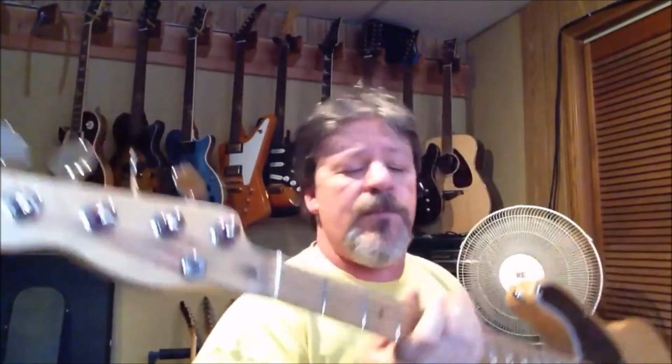So I cut a nice bone one from some bone stock that I have out in the shop. I'll have to do another video on how to make your own bone nuts from actual bone. Pretty easy, and the bone is cheap if you know where to look for it. So I got everything pretty much set up. All I gotta do now is